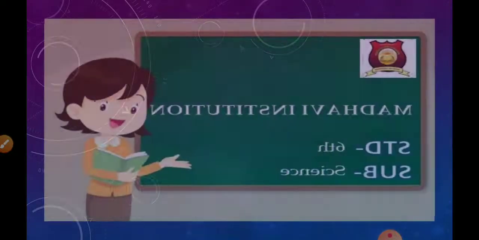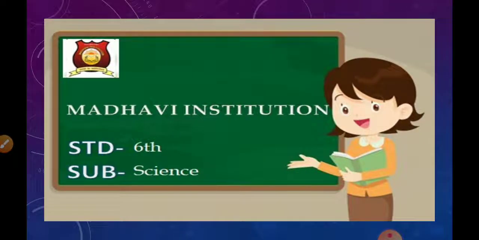We are learning the ninth lesson, motion and the types of motion. In the previous lecture, we saw about motion. What is called motion? The continuous displacement of an object is called motion. What is called displacement? Change in the place of an object is called displacement, isn't it?